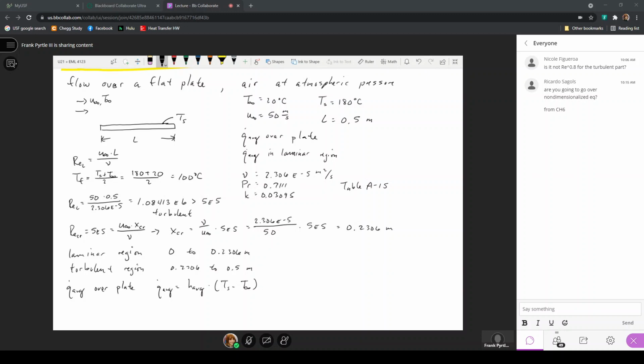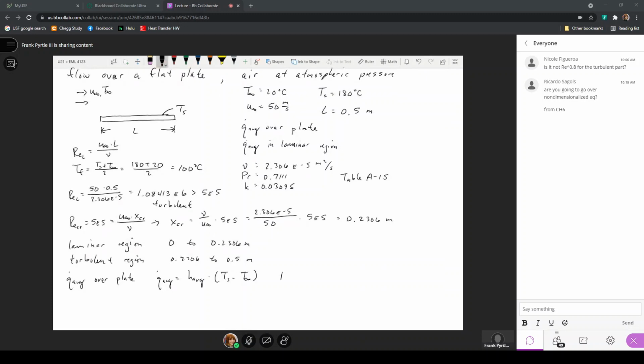So the expression that would be appropriate for the determination of that average Nusselt number when I have both is going to be based on the expression that says the Nusselt number is 0.037 times the Reynolds number raised to the 4/5 minus 871 times the Prandtl number to the 1/3, where this x position